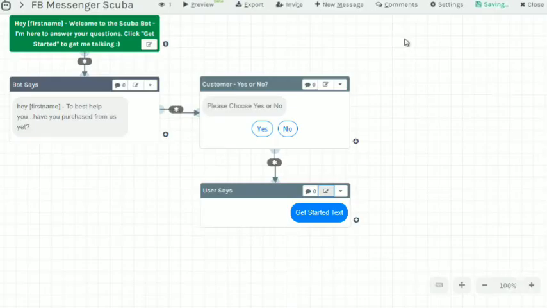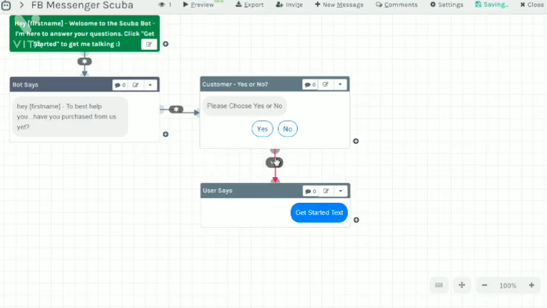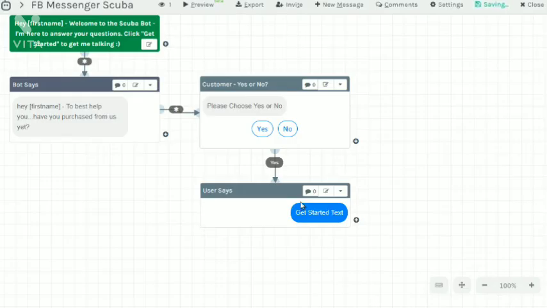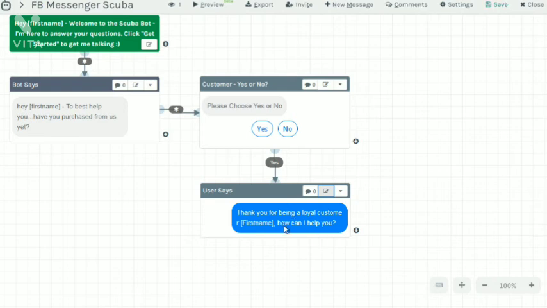Okay, so in order to get here to here, if they say yes, you need to click this here and it'll say message actions. Yes or no. If they say yes, you can click on this as the user reply, click on yes. And if you don't like what you see later on, you can always exit out of that and remove it. But if they say yes, here's the text that we're going to show: Thank you for being a loyal customer. First name, how can I help you? Now, if they say no,